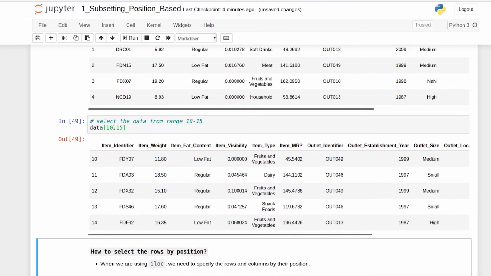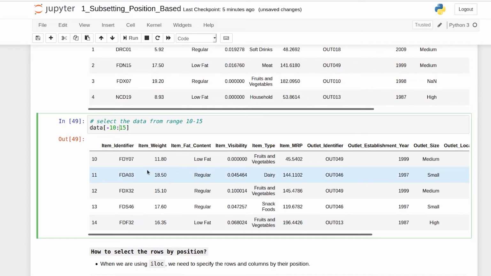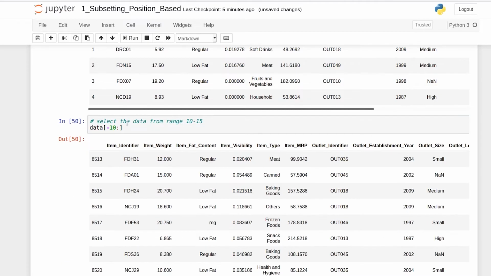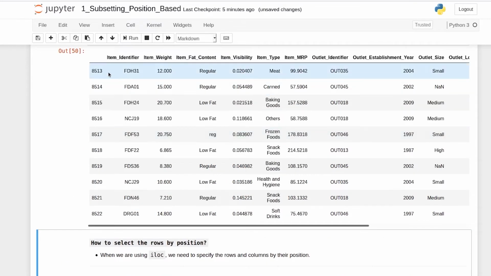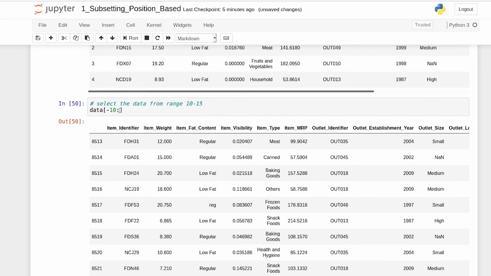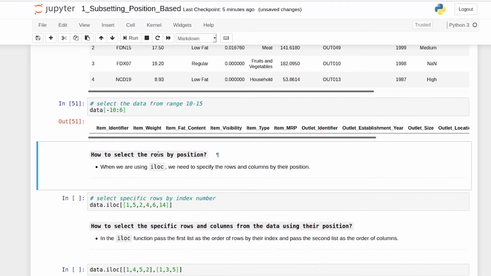Similarly, you can also use negative indexing here. Just like we used to use the negative indexing in list slicing. So suppose I say minus 10 and I leave this empty. So minus 10 means starting from the last row, go 10 steps back. So if I say minus 10, I'll get the last 10 rows. So let me say 1, 2, 3, 4, 5, 6, 7, 8, 9, 10. So these are the last 10 rows of our data frame. So similarly, you can pass other index here and you'll get those kind of values. And you can use all kinds of step values to make sure that you're able to slice through the data